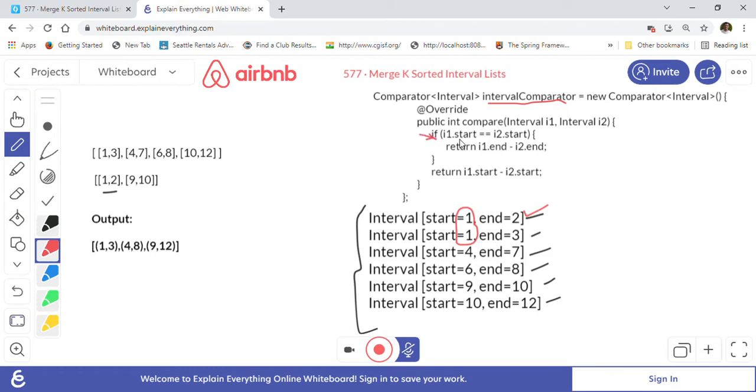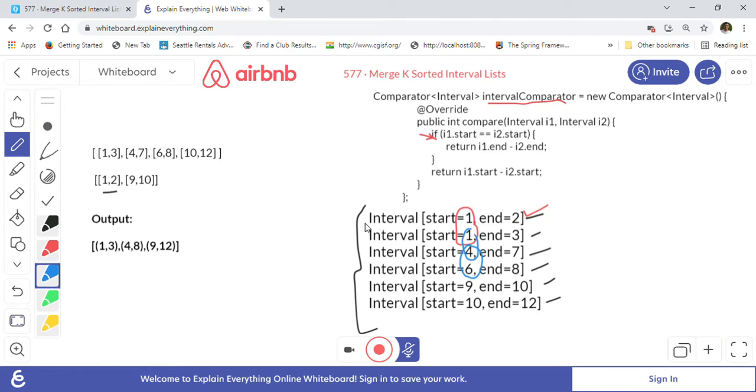Otherwise, if the starting point is not the same, for example 1 and 4, then 1 will come before 4, and 4 will come before 6. Whatever is smaller comes before the larger. That is the order after sorting. We will use this comparator and put all these interval objects into a priority queue.